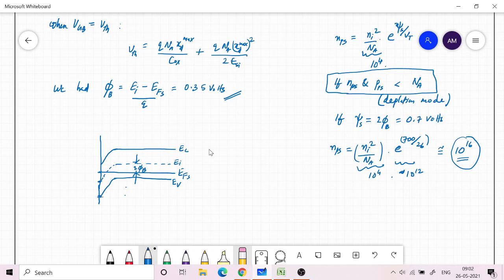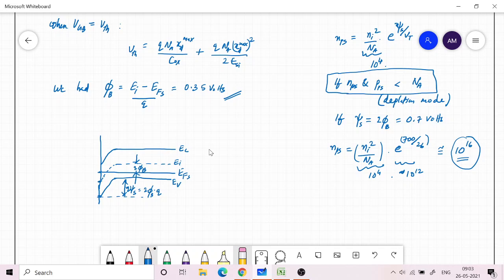So right now, this is psi s, q psi s, and it is equal to 2 phi b into q. Okay, so psi s is 2 phi b. If the drop across the semiconductor and the interface region becomes 2 phi b, the concentration of these free electrons becomes much larger, and therefore we need to take that into account. So what is going to happen is that once the concentration rises above this, there will be hardly any voltage change, or psi s will not change significantly.